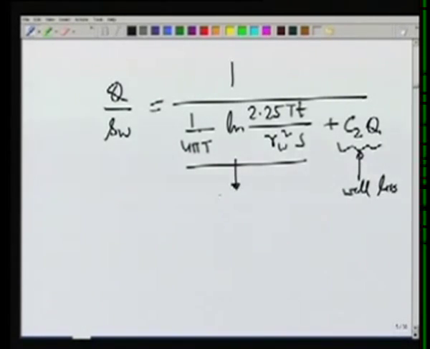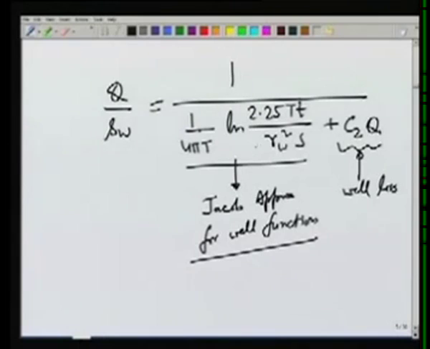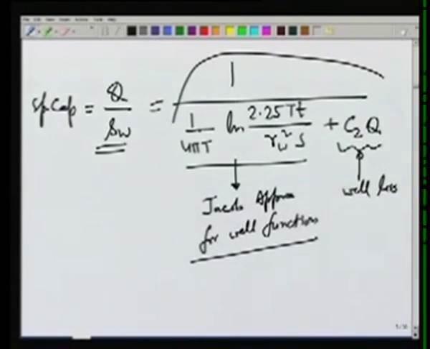And this is using the Jacob approximation for well function. So on the transient conditions, the specific capacity, which is Q over SW, will be given by this equation, and we can see that the specific capacity